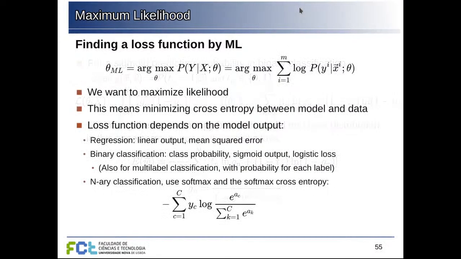The same thing for multi-class classification. If we want multi-class classification for n classes, then we use the softmax output and we use the softmax cross entropy loss function here. So basically, the important message here, aside from all of these details, is that the output of our network